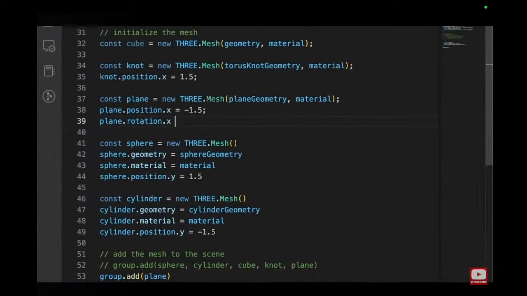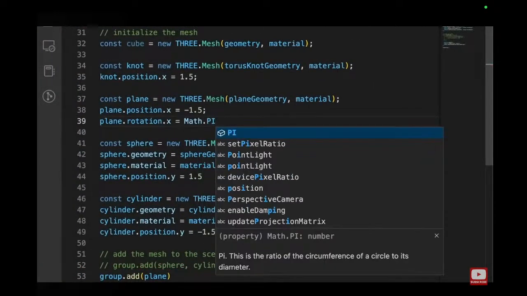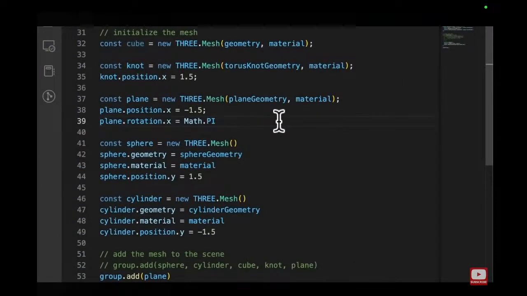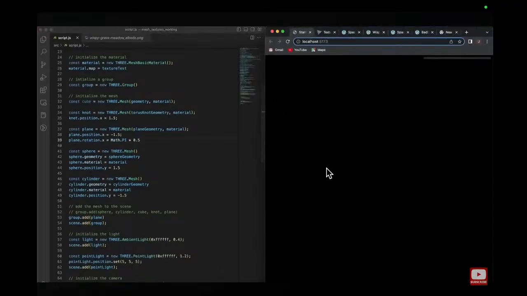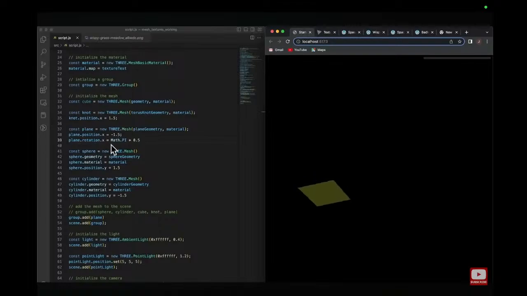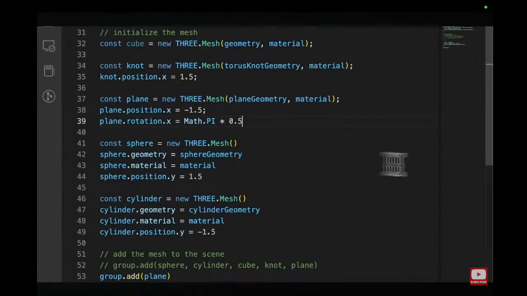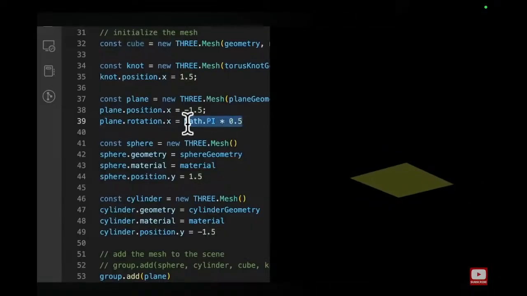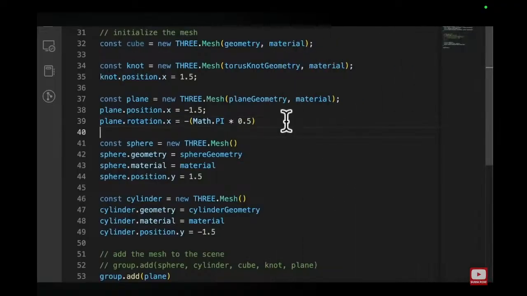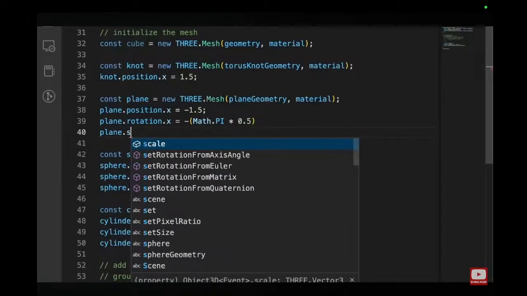So we'll do rotation.x equals Math.PI, because I know that Math.PI gives me a half rotation, or 180 degrees. If I want a 90 degree rotation, I'll do 0.5. So now I'm rotating this 90 degrees. However, rotating 90 degrees can go one of two ways, clockwise or counterclockwise. I generally don't know which way it rotates by memory, and it's hard for me to sometimes know which axis to rotate by memory, so I just play with this. I know that this rotated it the wrong way, so if I rotate it the other way by wrapping this with a negative operator, I can rotate it upwards. And then I'm going to scale this, scale.set,